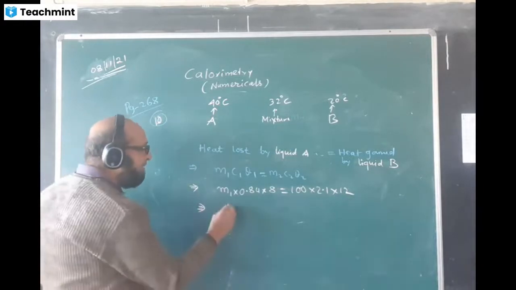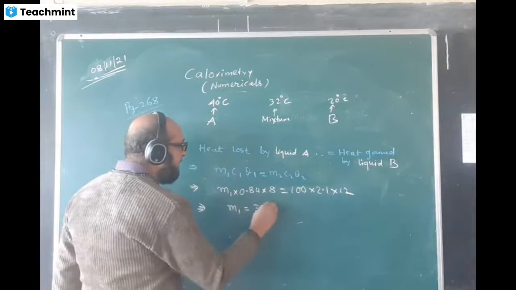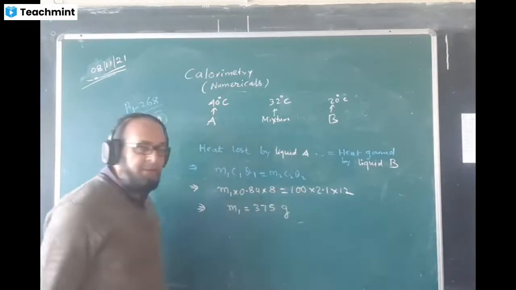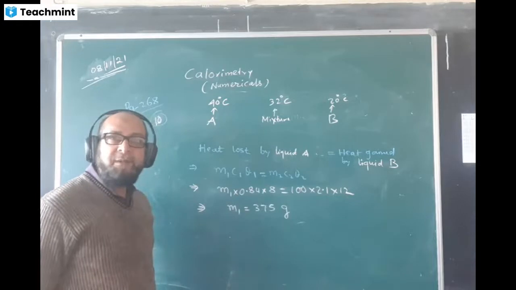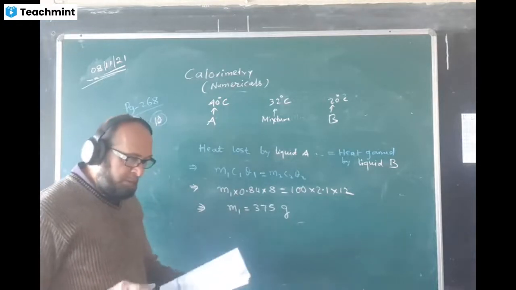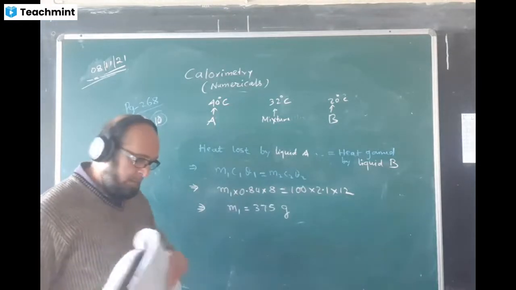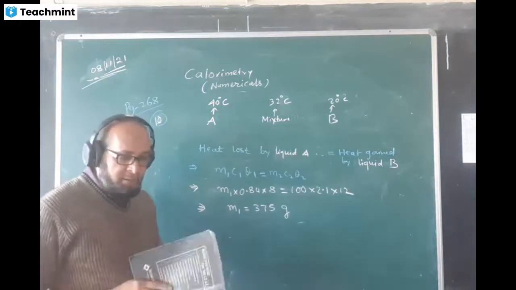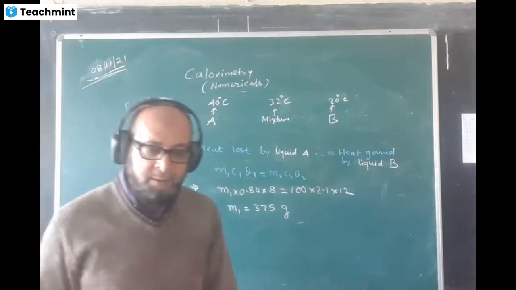Now calculate, the value of M1 will come 375. The unit will be gram because this one is in gram, this also is in gram, same unit. The answer is 375 gram. Hope you understood it. Okay, now I will be doing another type of problems